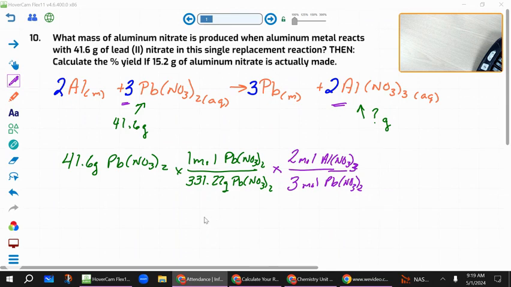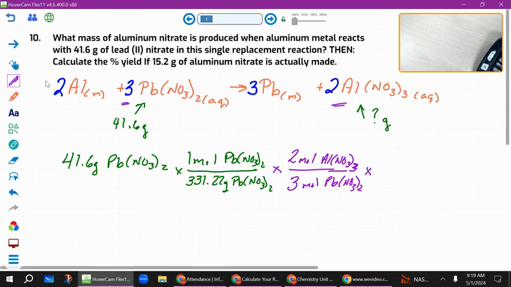All right. So then, ladies and gentlemen, we have taken what we've given, we've gotten it into moles. We have used our molar ratio step. What is the third and final step of our problem? Put it into grams. Report out in the unit that they are asking you. So I'm going to use formula mass to get it out into grams. But my formula mass this time, ladies and gentlemen, is for